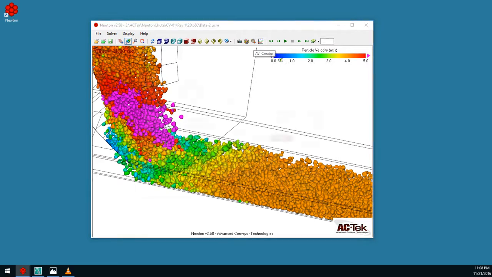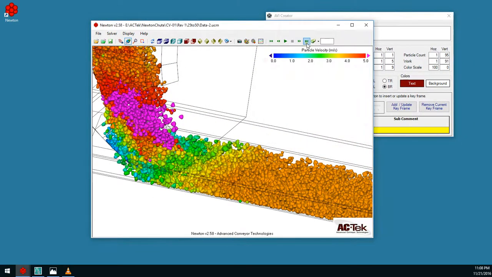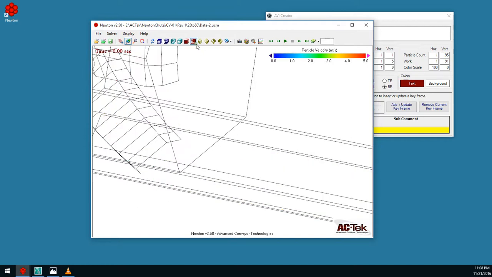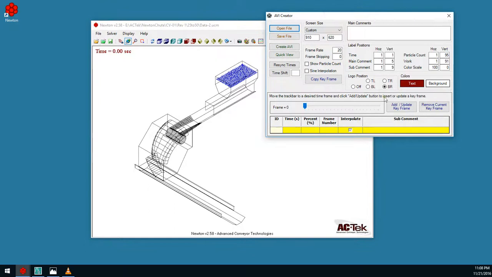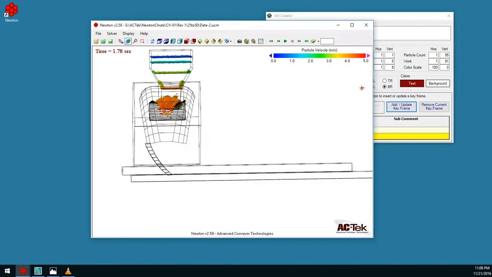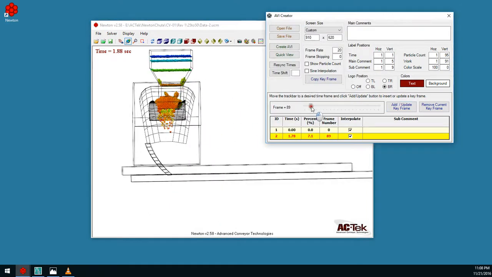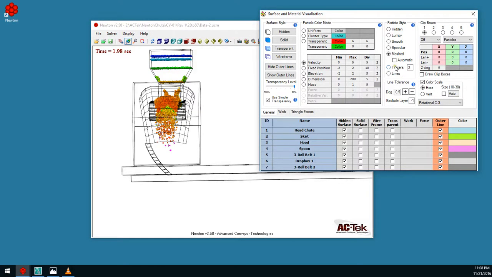In the animation or the AVI creator, again, the full suite of tools. If I go back here and reset my simulation, say I want to look at some view here, I can add keyframes. This is simple to do. I can run the flow through here, add another keyframe. Maybe I'll rotate and zoom in here. Let's add another keyframe. Perhaps at this point I will turn on